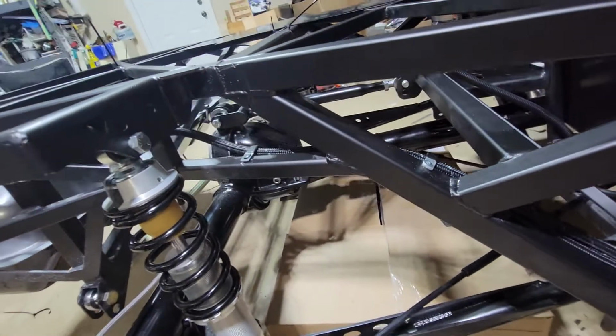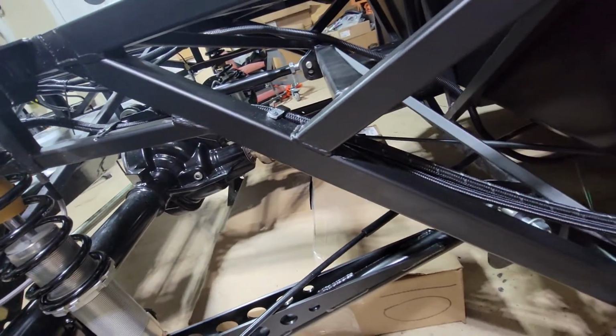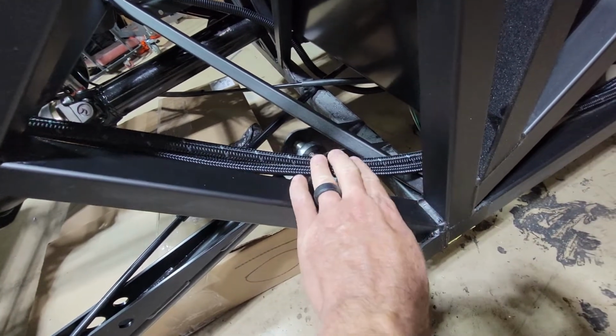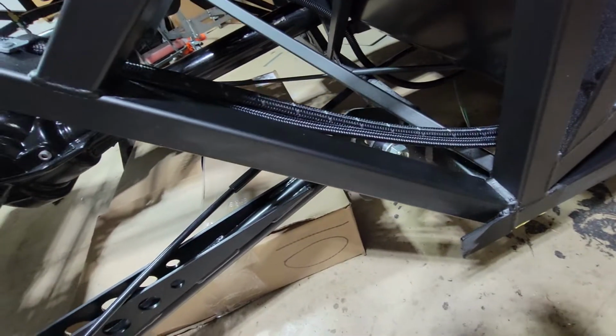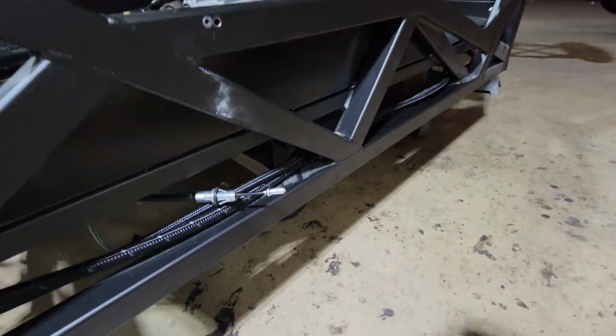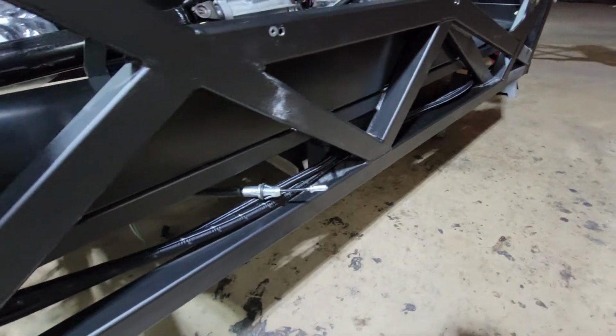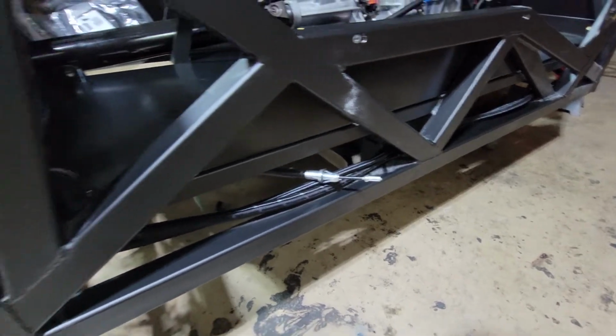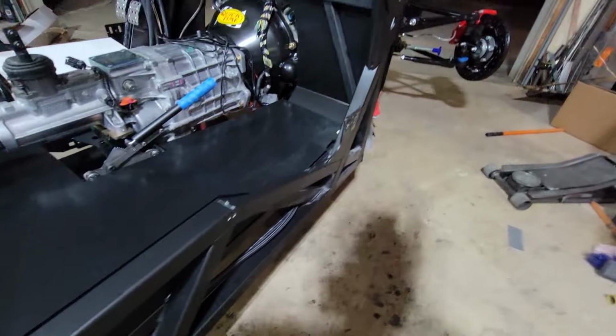But basically, just try and keep it tight. It's got a little play, so it can move as the truck flexes. And then I just ran it down the side, and it's a nice line. I was going to buy some AN line and do it myself, but man, this is good. And even with the stretch on the truck, you would think...